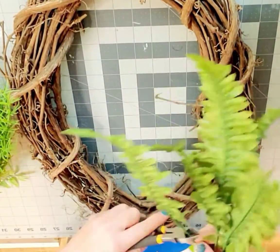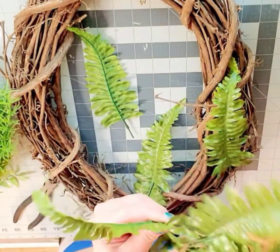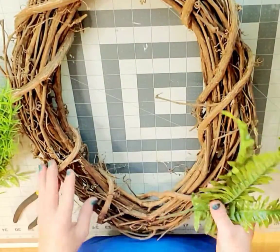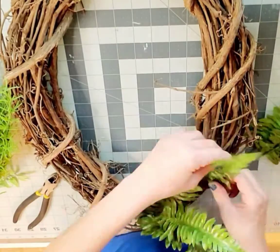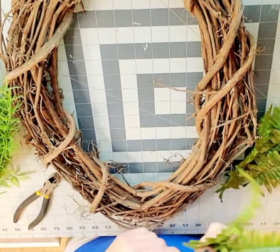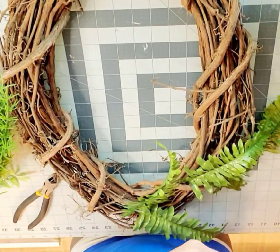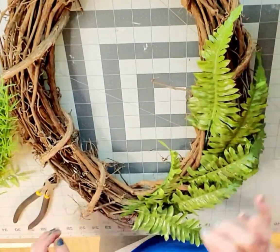Now I get my fern stem, and I will pull it completely apart and lay the leaves out and see how I want to glue them down. I don't just start gluing right off the bat. I lay it out and see how I like it, and then pick them up individually and glue them down one by one. So I do the fern on the back for the most coverage, just a flat baseline coverage,